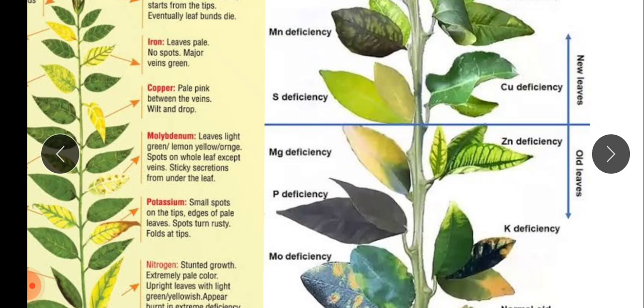After that, sulfur deficiency causes chlorosis of younger or newly developed leaves, and the stem becomes hard and woody. So due to the deficiency of this essential nutrient, the chlorosis symptoms are like nitrogen deficiency, but we observe them in new leaves.